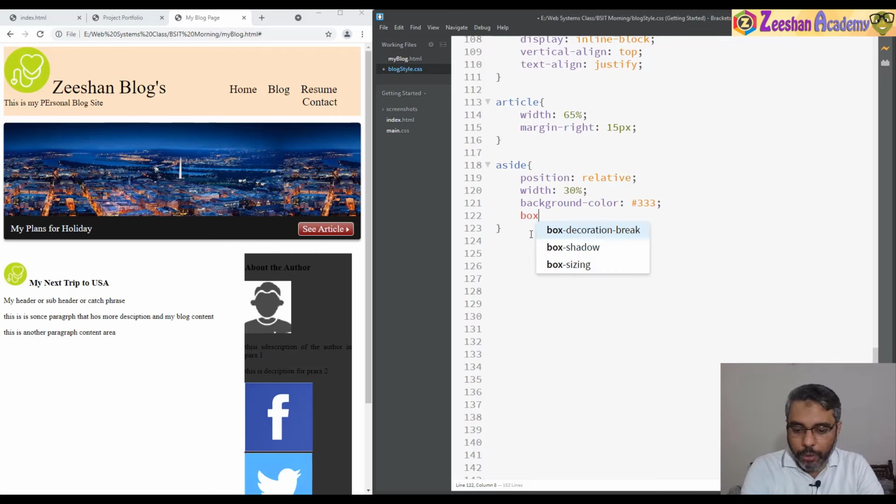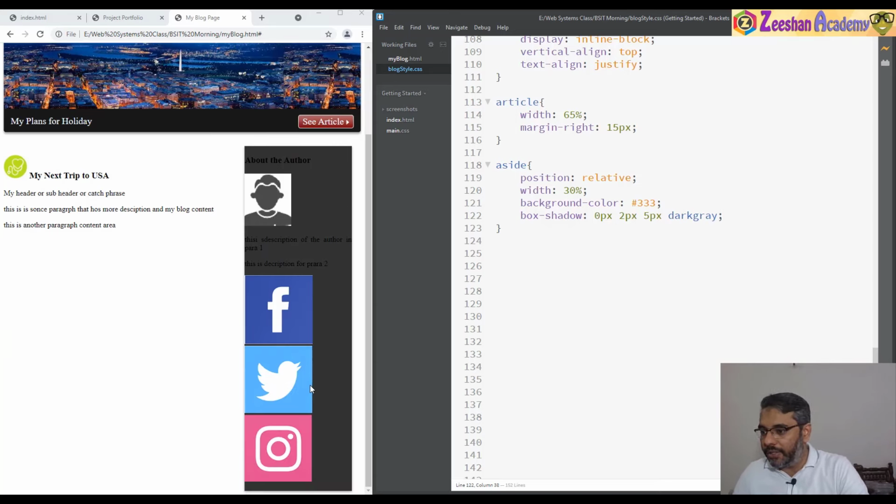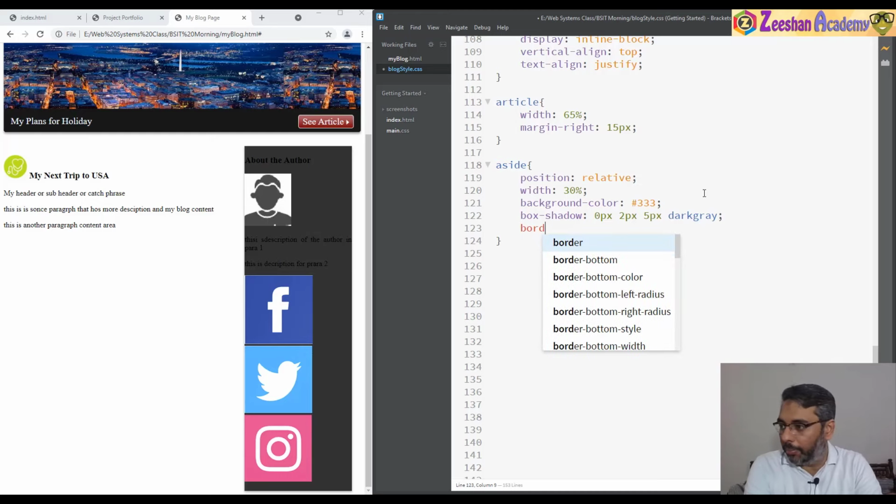Okay, so what I know, I go inside and apply some box shadow. I have a setting that basically works for me. That's 0 pixels, 2 pixels, then 5 pixels, and then I specify the color as, for example, dark gray. So it creates that shadowy effect. And then I give it a border